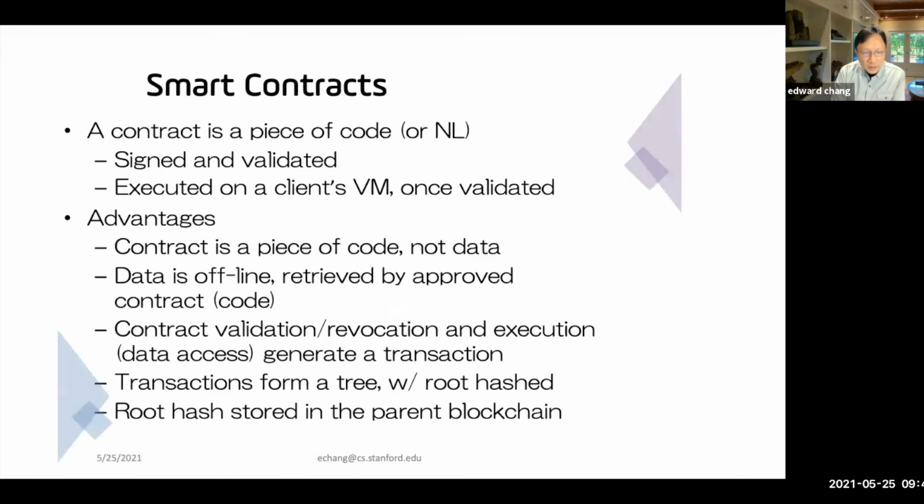So smart contract, to summarize, is a piece of natural language construct converted to code, and the data is offline, retrieved by approved code. And the contract validation, revocation, and execution will generate transactions, and these transactions will be written onto the blockchain. So when you look at the blockchain, you do see, oh, I have a piece of code executed, but the code number is 722. You have this ID, and then you have transactions forming a tree, and the root of the Merkle tree on the subchain,